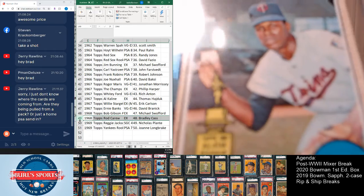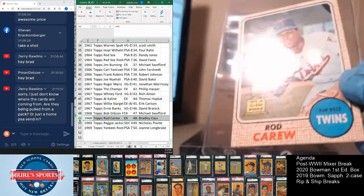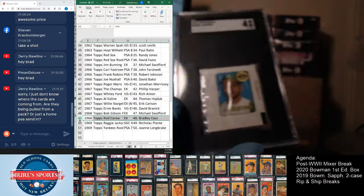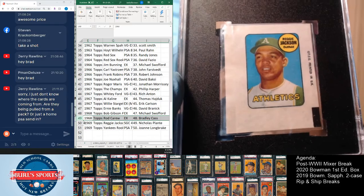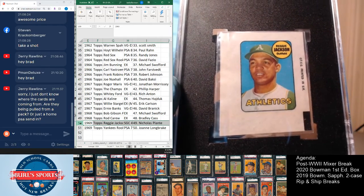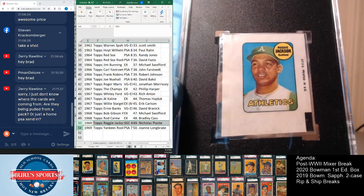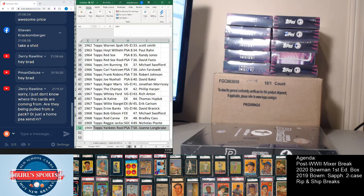Always like the rookie trophies. Fun ones to collect. Then the Topps decals, so that's Jackson's rookie year, goes to Nick Plante. Then Yankees rookies from 69, which is a PSA 7, goes to Joanne Longbreak. So that'll do it for that post-war